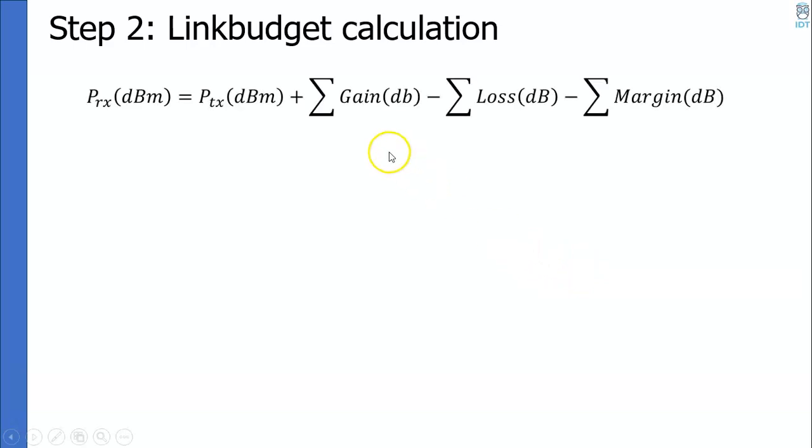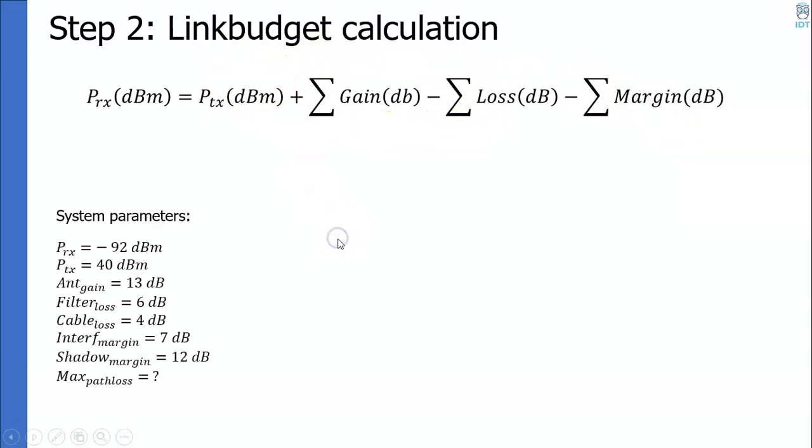In step 2, we must do the link budget calculation. That is done by using this generic equation that we saw in the last video. We have our system parameters with all the necessary values: antenna gain, filter loss, cable loss, and we will have to calculate the maximum path loss that comes out from here.